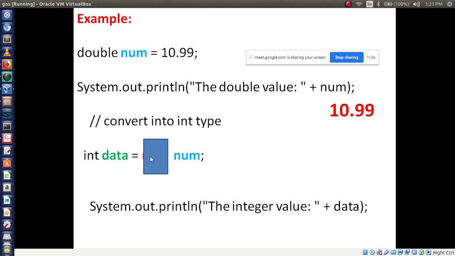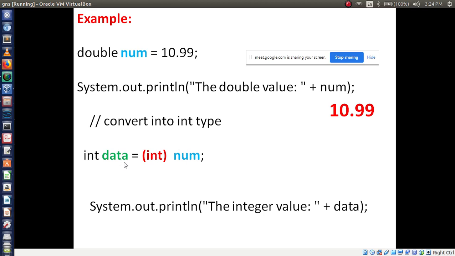Num is basically double data type, but I am converting into int data type. Here we have to write in brackets which data type you want. Int data, converting double, variable name is num, to which form, int. That should be stored in which variable, data variable.